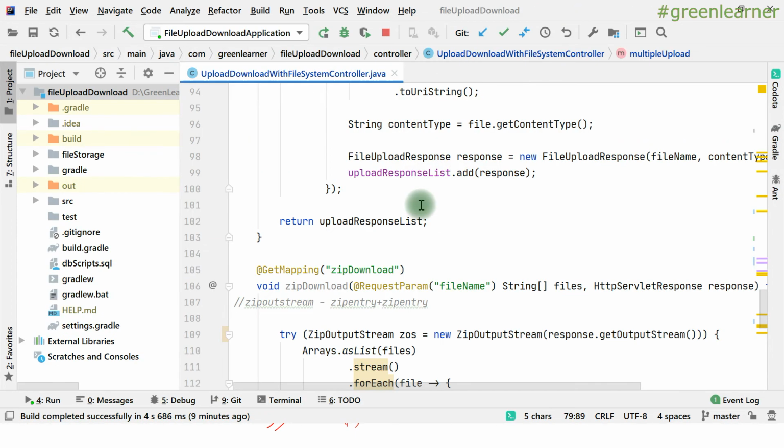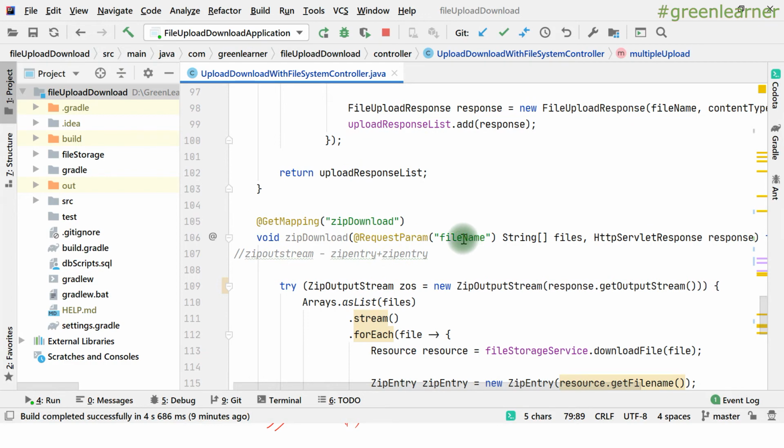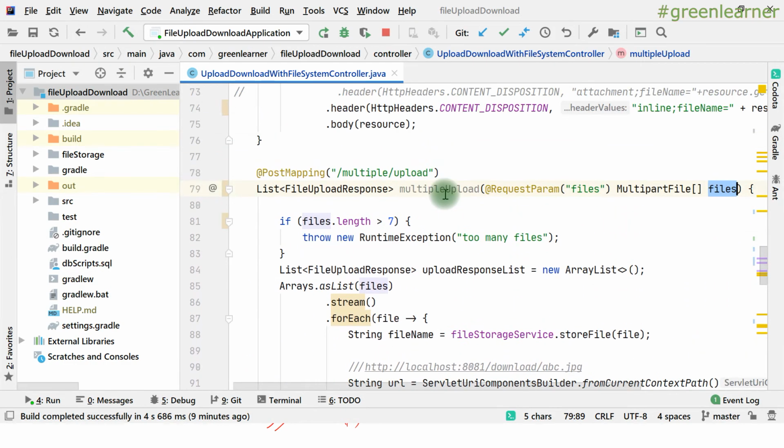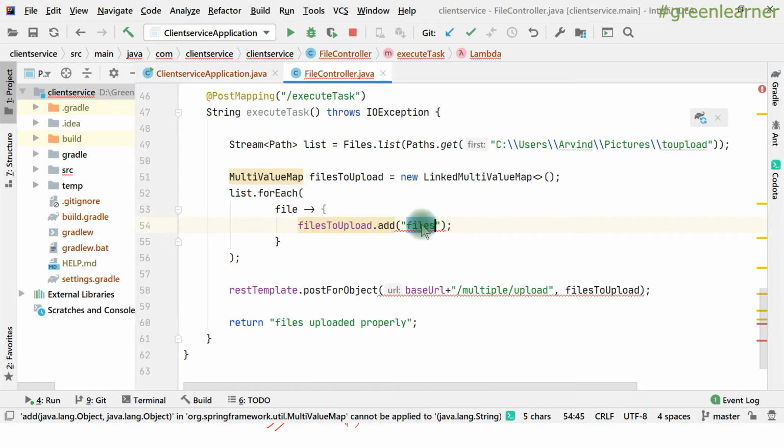So if you see this one, this is the request param that it is taking, right? So where is this multiple upload? This files it is taking, the same name I have to give here, right? And under this I have to pass the files that I want to pass, right?